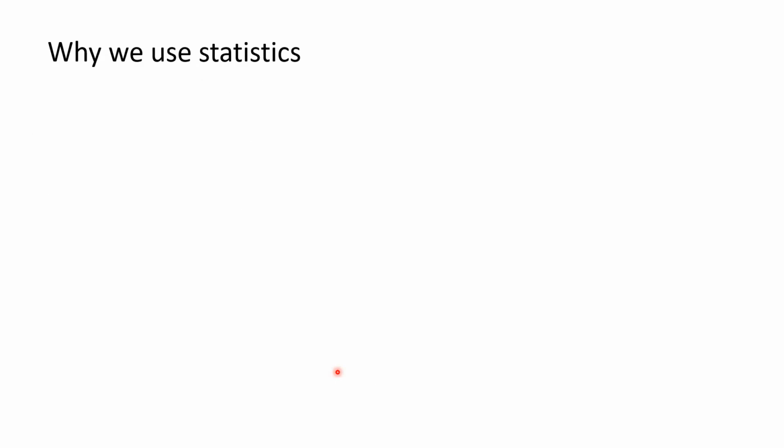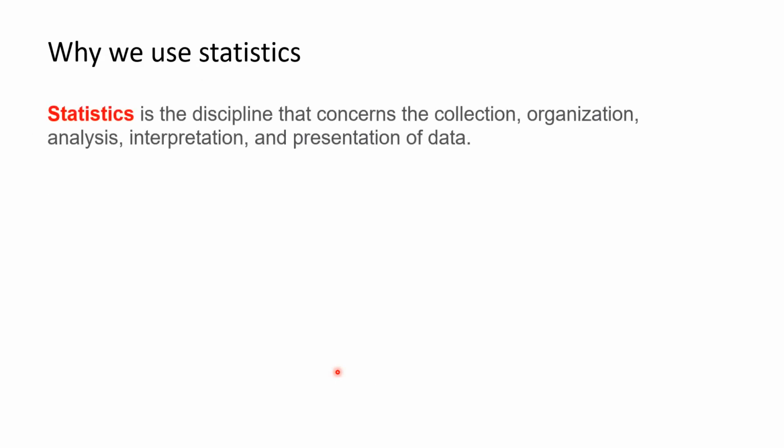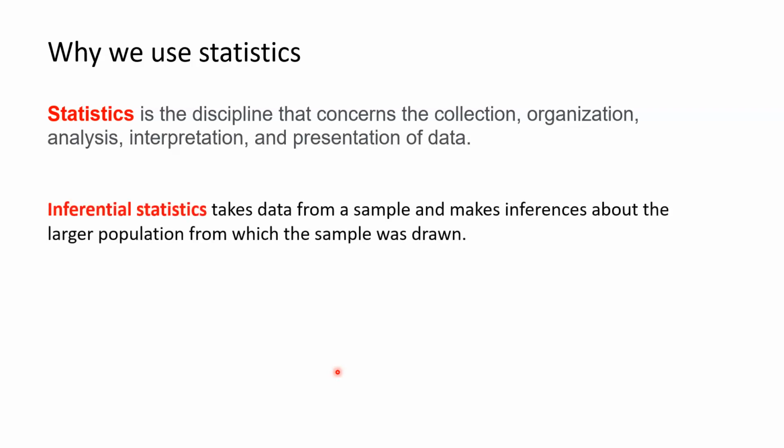So again, why we actually use statistics, what it is we're supposed to get out of them. Well, statistics is the discipline that concerns the collection, organization, analysis, interpretation, and presentation of data. So that's the overall reason why we use statistics, being able to collect data and deal with it in a systemic way. There are two types of statistics. One is known as inferential statistics, where we look at a population, take a sample from that population,